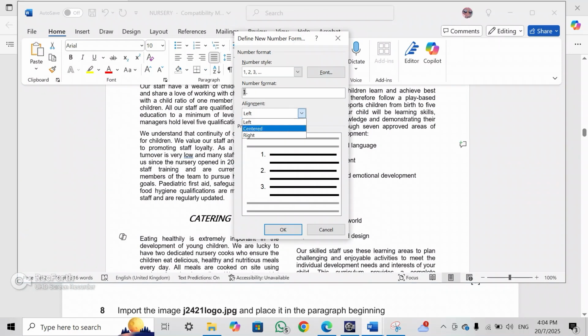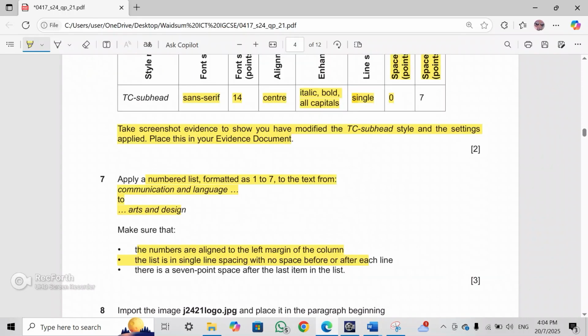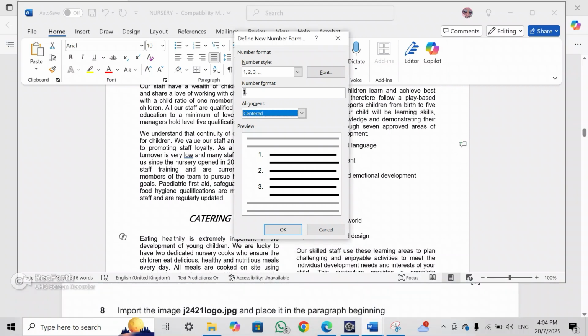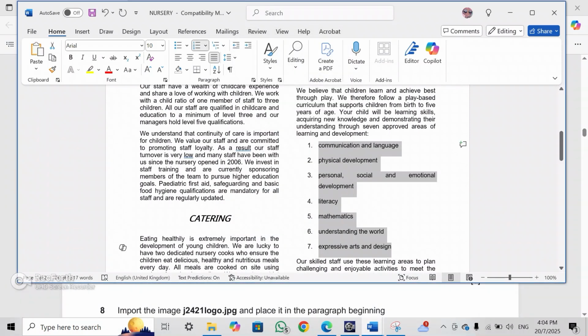1, 2, 3, 4 alignments, left, center, right. So I think this is left, right? Yeah, left margin to the column. You're gonna click on left, click on OK. Here you can see it's exactly like this. Then you're going to,